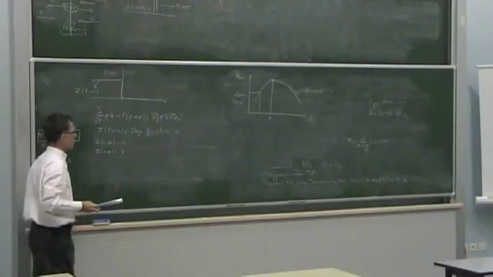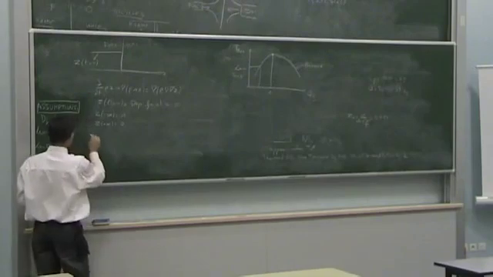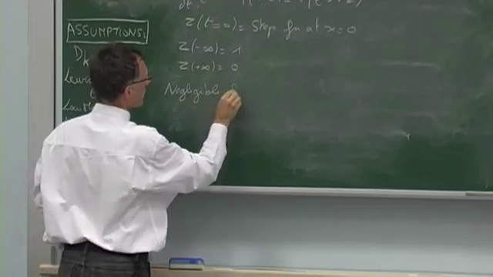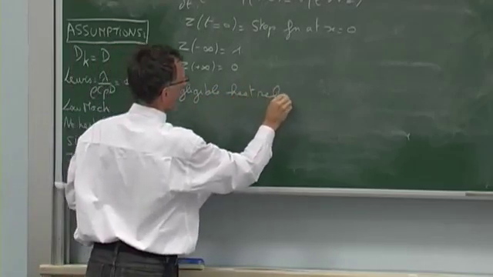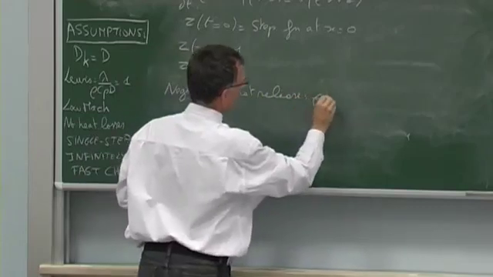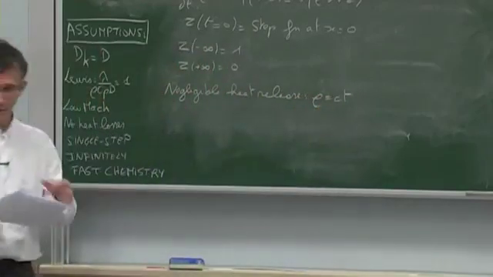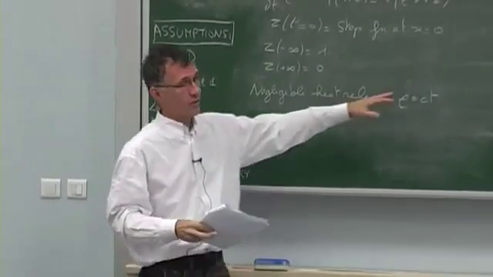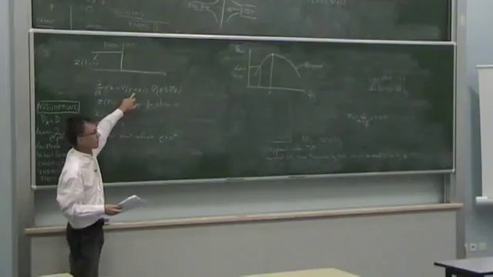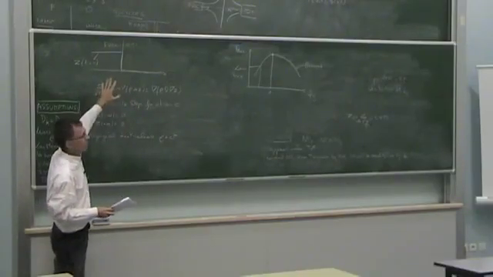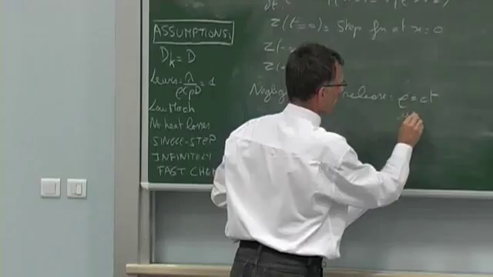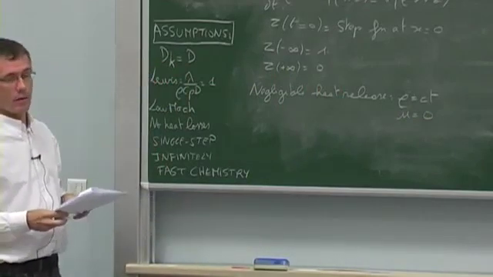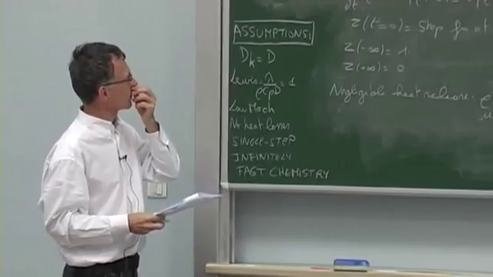I'm not going to do the general solution for that. I want to do a simple case. I want to do a case where there is negligible heat release, so that I can say that the density is constant. The extension is straightforward, it just takes 2 hours instead of 2 minutes. And if the density is constant, I can also assume that the velocity is 0, because the flow basically doesn't play a role in the flame structure. So U is equal also to 0. At least I can sit in the flame reference frame, and in this case, I have no velocity.